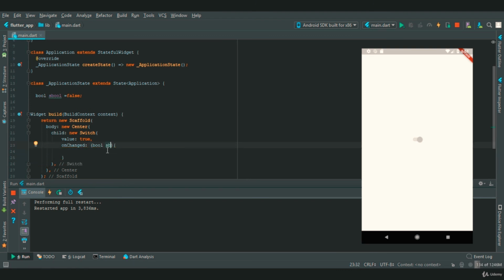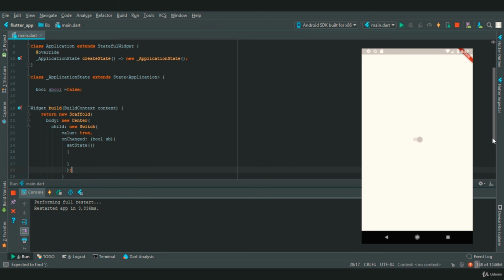Now what we want is we want the value of sb to be reflected in sbool. So for that we'll provide a setState method, and in this we are going to create a function, and in this function we are going to say sbool is equal to sb, and let's print sbool.